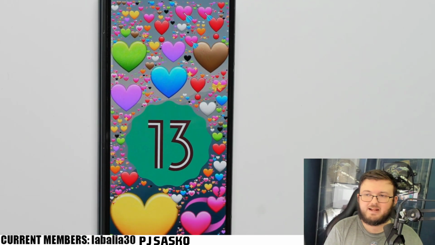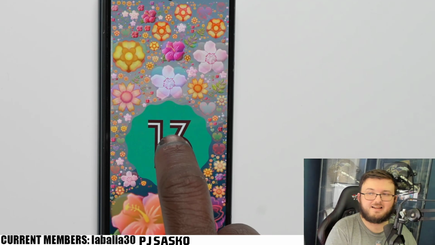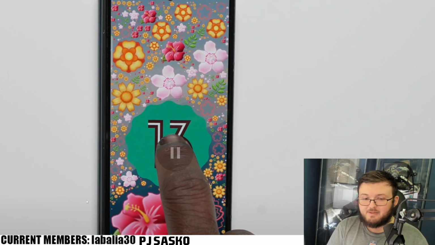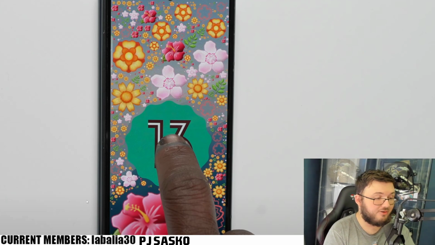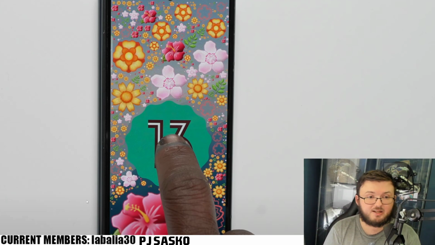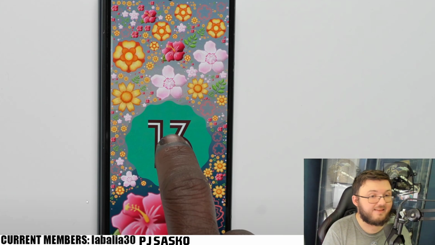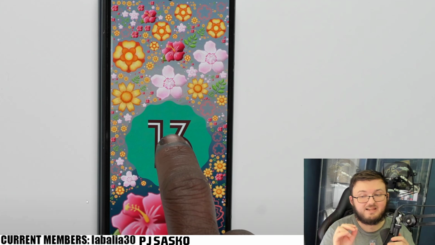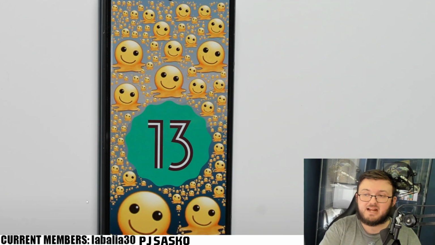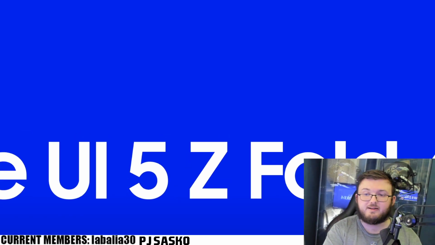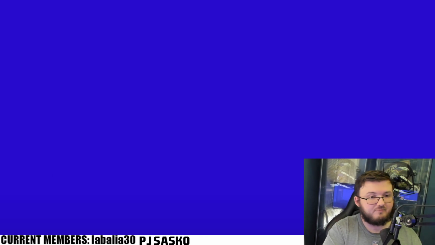So we have 13 in the middle, and you can do different custom stuff in the background. This is what I said a lot when it came to Android 12 and why I was so excited about Android 12. Even just the beta coming to the Z Fold 3 was how customizable it truly is. And Android 13 just adds on to that. It's like a plus 27 when it comes to features added on to an already awesome beta in Android 12